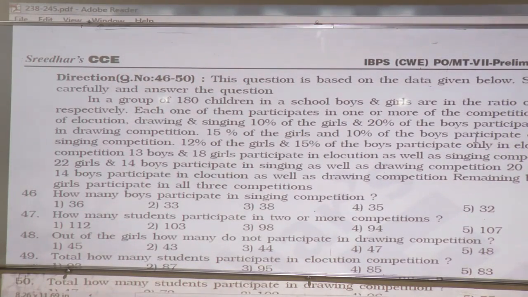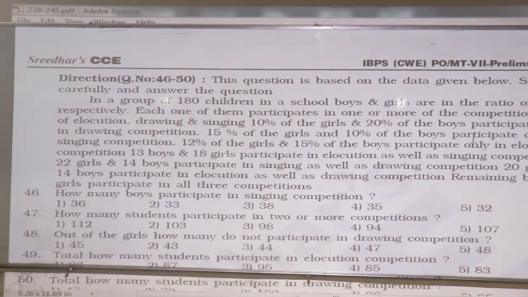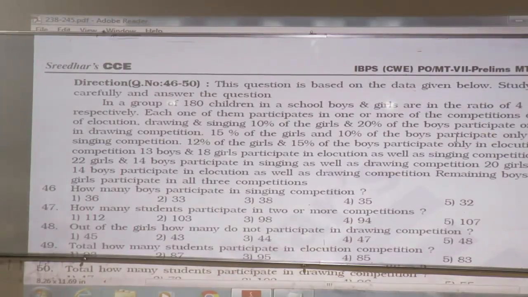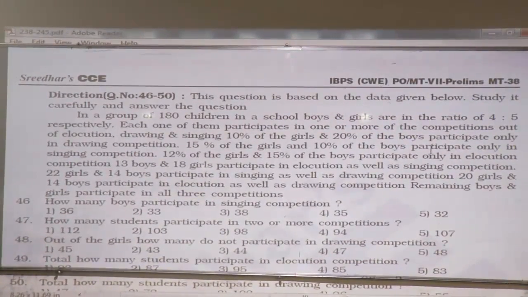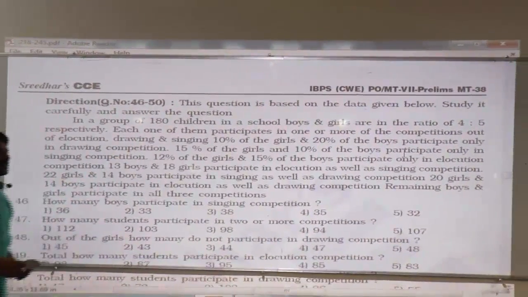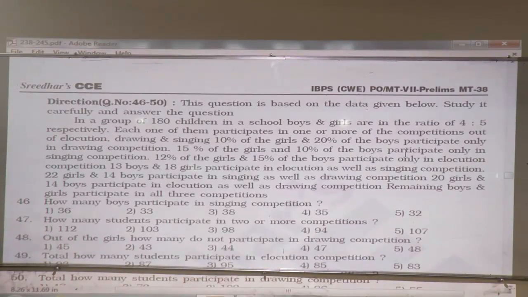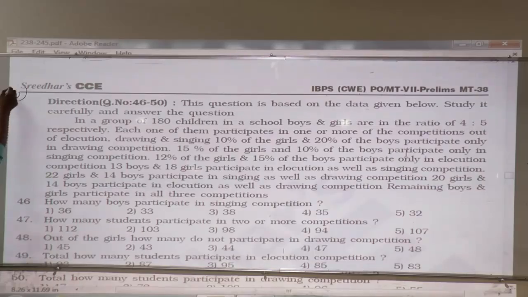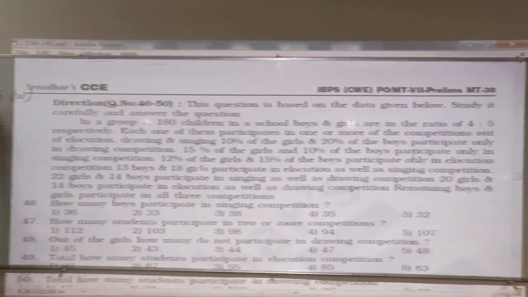Come on. 46 to 50. In a group of 180 children in a school, boys and girls are in the ratio 4:5. Total how many parts are there? 9. 9 parts is 180, each part is 20. 4 parts 80. So boys are 80 and girls are 100, obvious. Next,